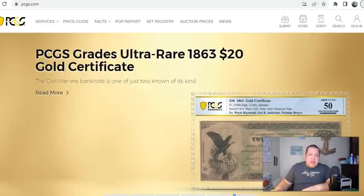Figure we'd take a quick look at the end of the year market update as a whole. Most specifically, there's three of the biggest coin series I wanted to focus on because these are traditionally known as anchors to the entire coin market. And that is Buffalo Nickels, number one, Lincoln Cents is number two, and then Morgan Dollars is going to come in third there. But by no means do these three specific coin series make up the general whole picture of the market, but they are what I consider to be a heavily weighed